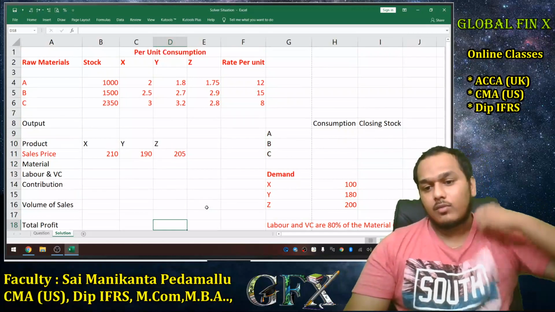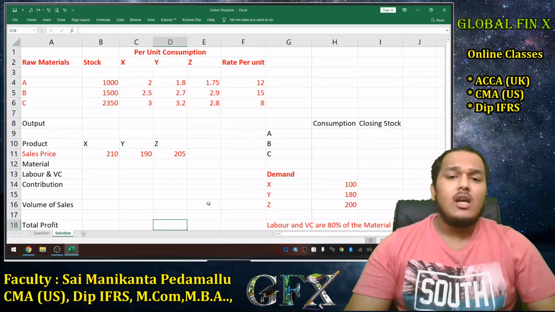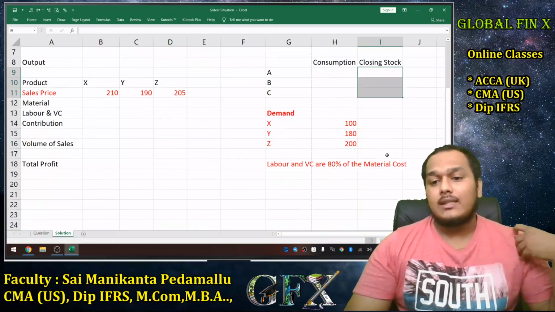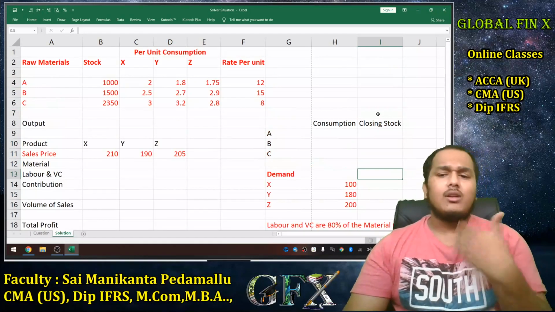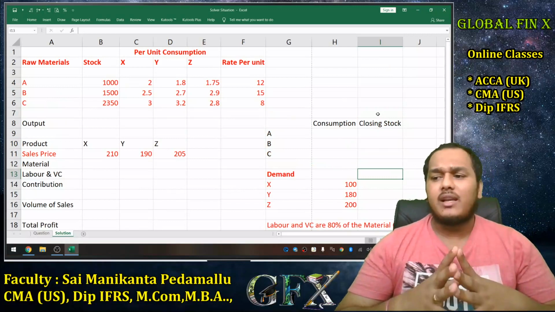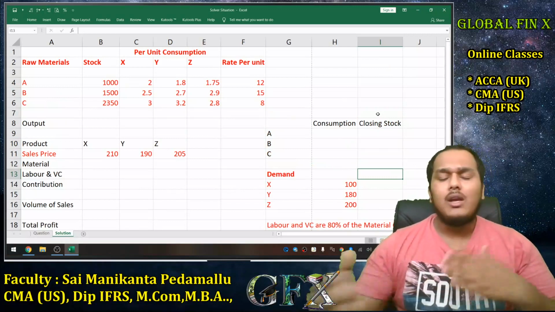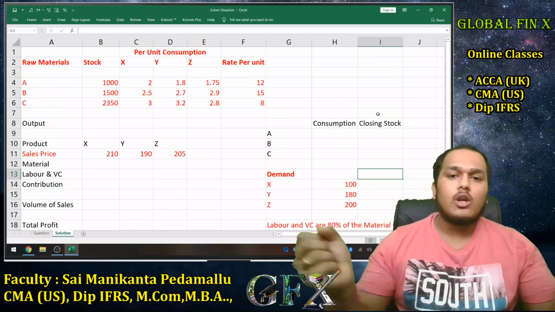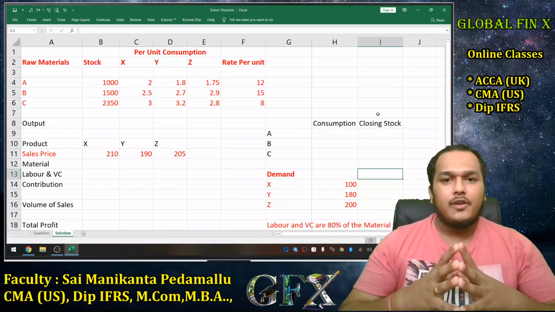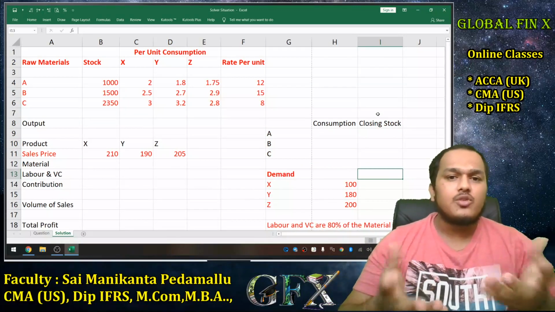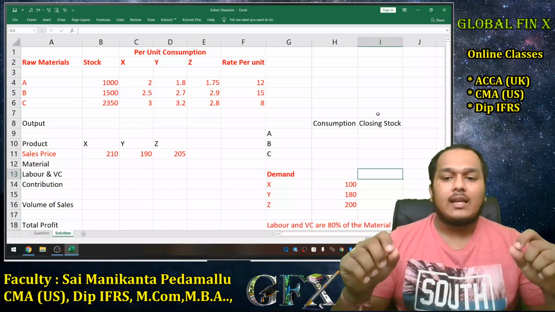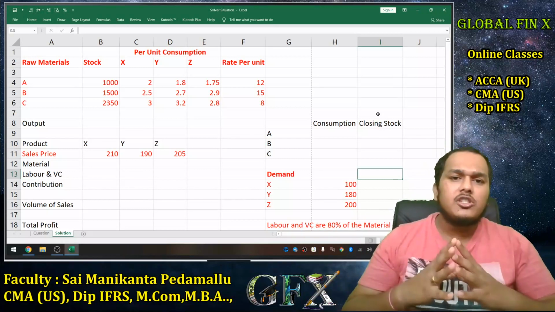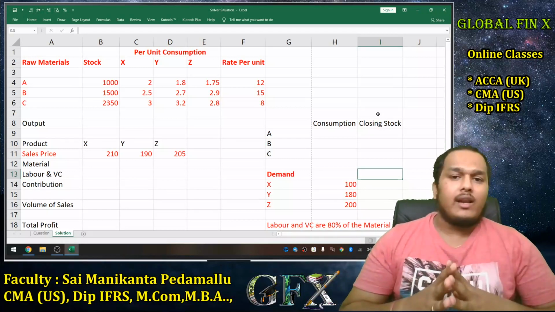So I can even create additional constraints like post production closing stock of each unit should be at least 100 units, or else maximum demand for a product can also be created as a restriction. So additional restrictions are fine, additional constraints can be created, and it wouldn't take additional time, because once you know the concept, creating rules is very easy for you guys. It will take hardly 10 to 15 seconds to create each rule. So it's not a big deal. First, for understanding purposes, I'll create this particular solution, then we'll create additional constraints if required, right?